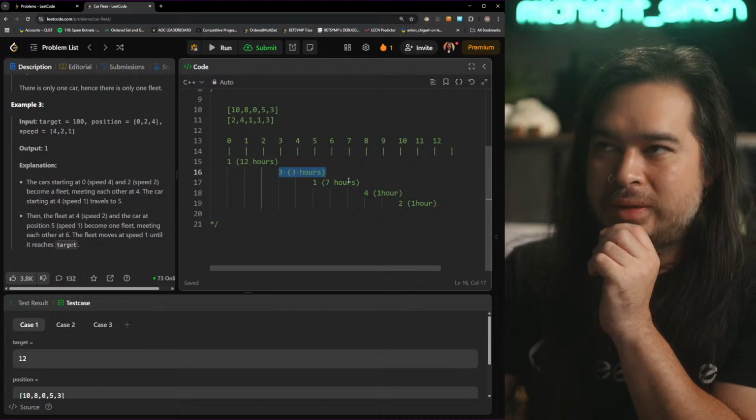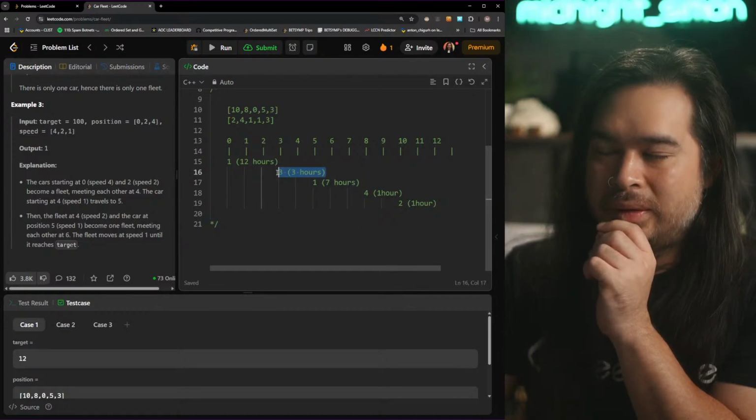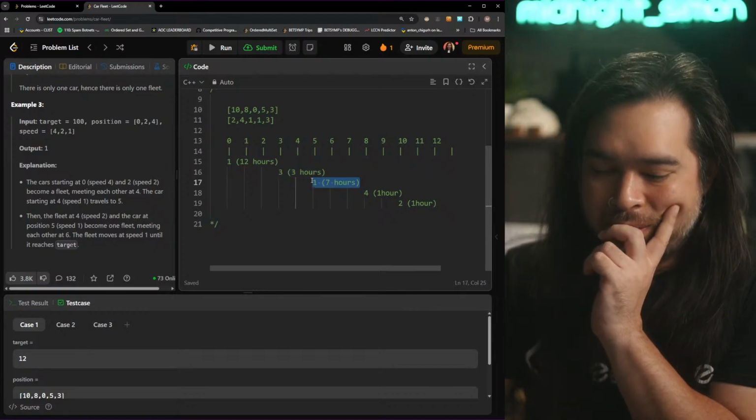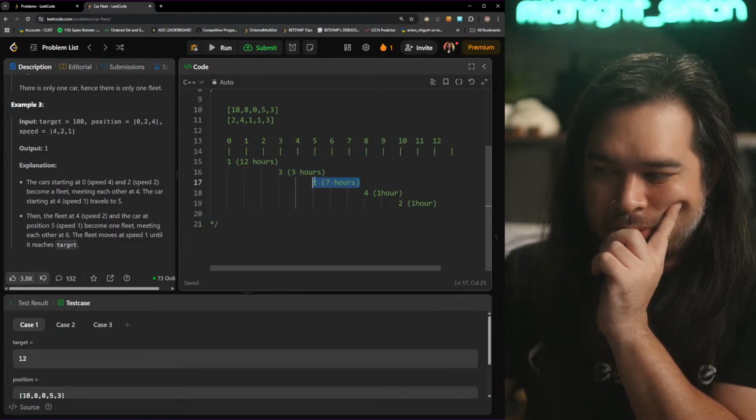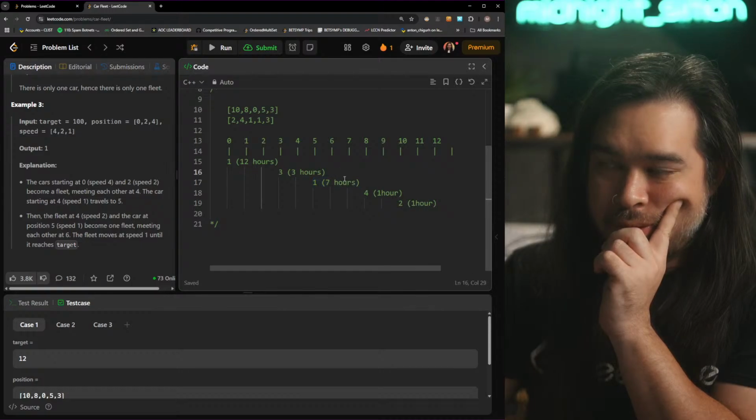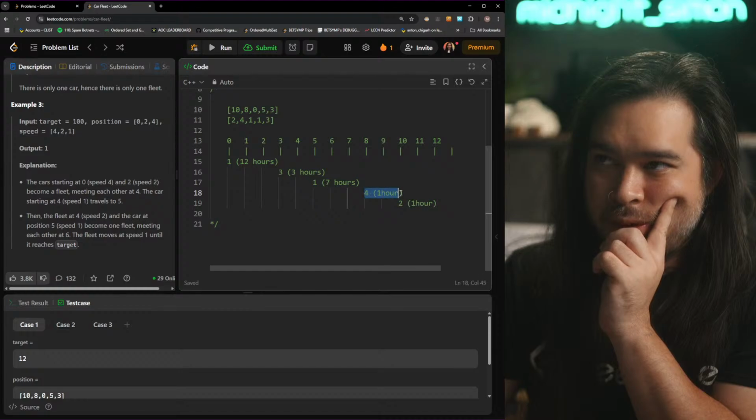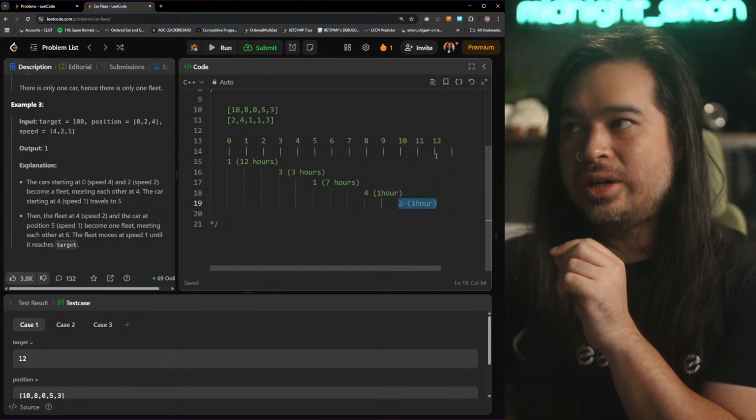So these can mix. So 1, 2, and then this car catches this car, and